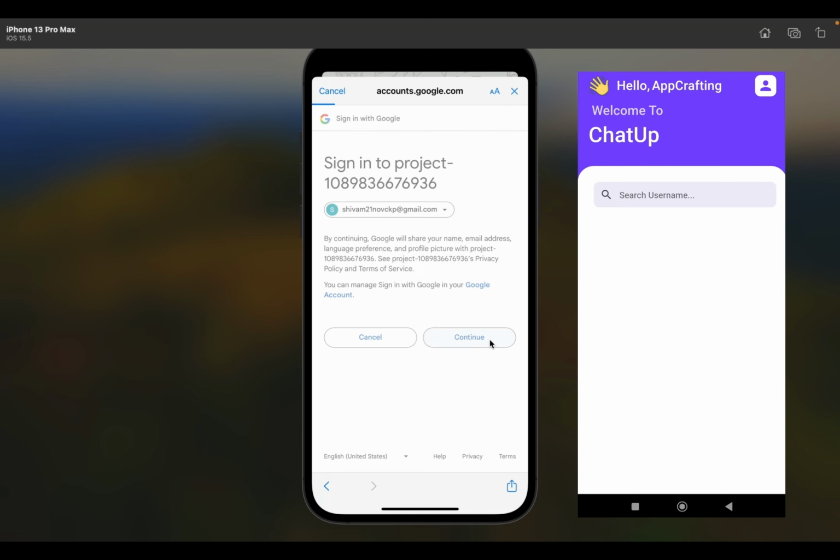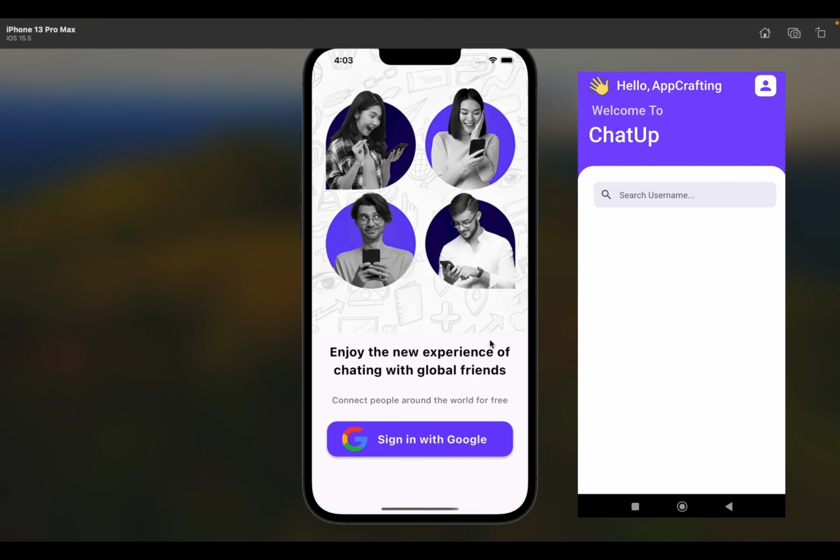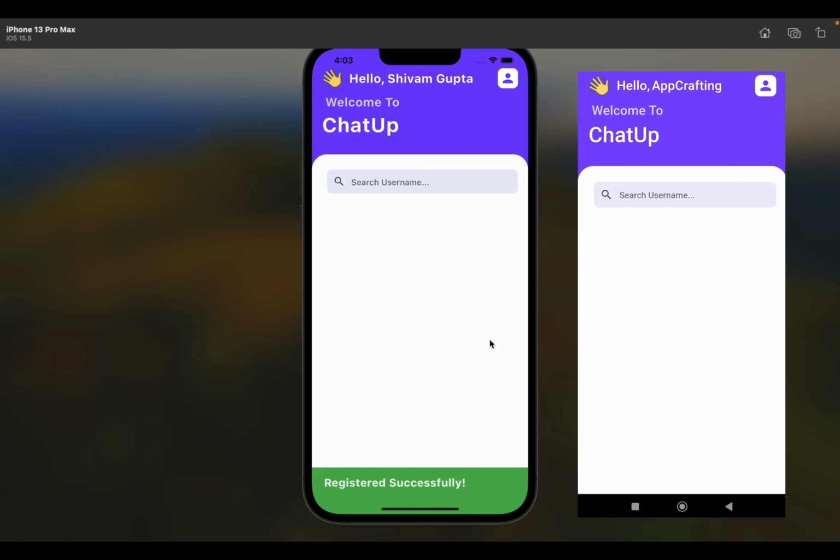Now we'll sign in with Google in both devices, and we have registered successfully and moved directly to the home page. Now in the home page you can see at the top we have added a wave emoji and a hello, and here we have shown the user name that the user used to sign up in the app with Google. Now here you can see the welcome to text with a ChatUp text. ChatUp is the app name that I have kept for this chat app,